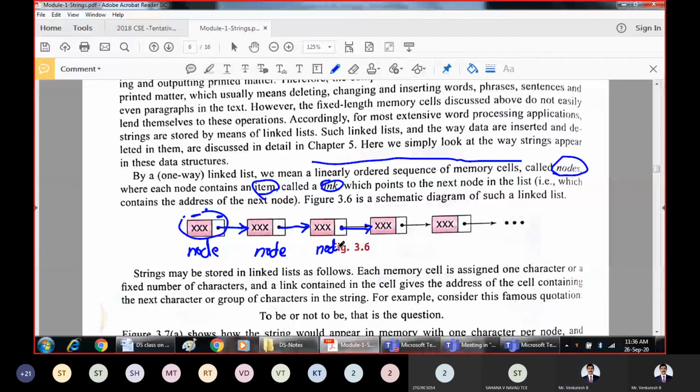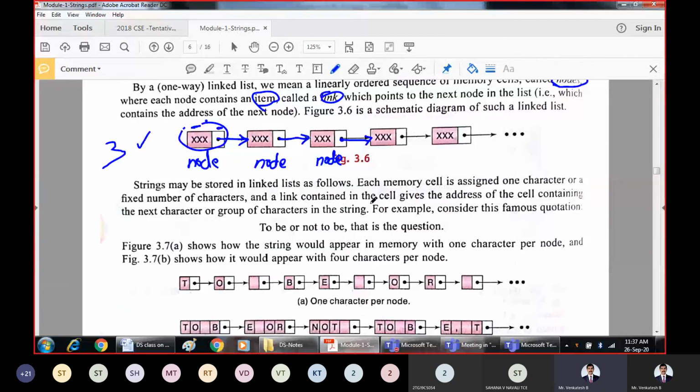Right? This is how we represent the data. That means linking of information is available. This will help us to search the data. The details of all these we will be studying in the third module.